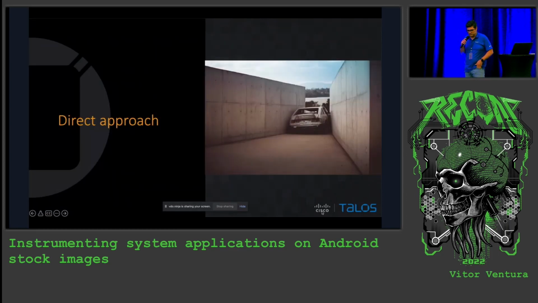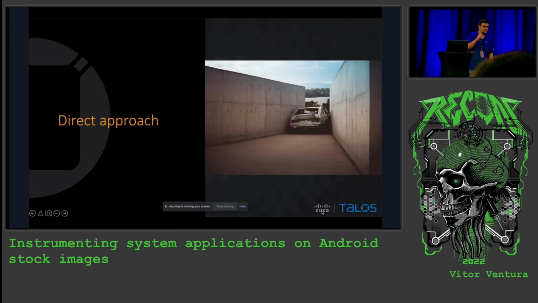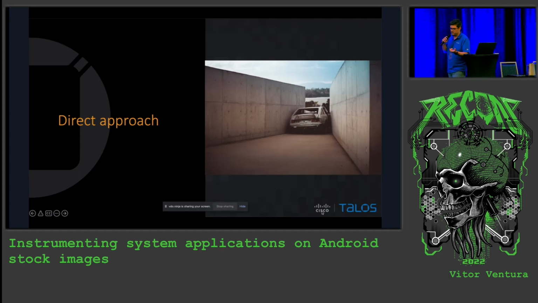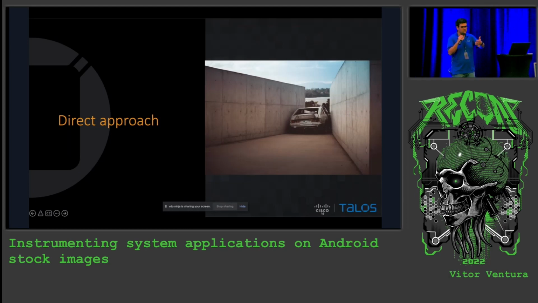So first I thought, okay, let's do the direct approach. I will just pick up Frida, launch the application, and get it to start instrumenting. Well, it didn't work. Why? I don't have a main tag on Google Play Protect, which means that I cannot launch it with Frida. It doesn't work. You need to have the main tag on the manifest from the Android application in order to be able to launch it